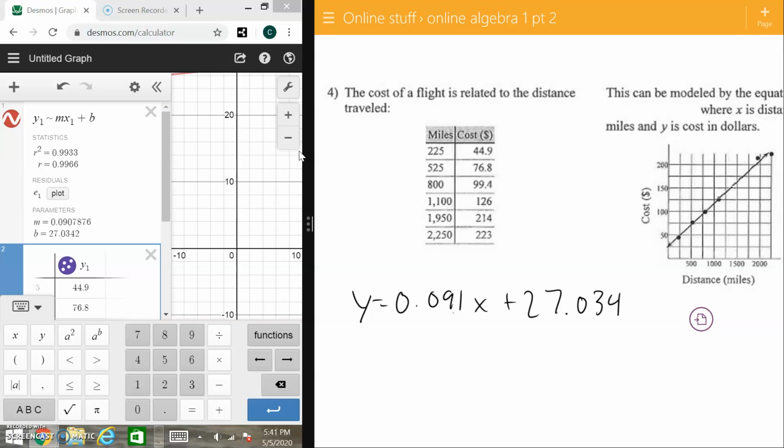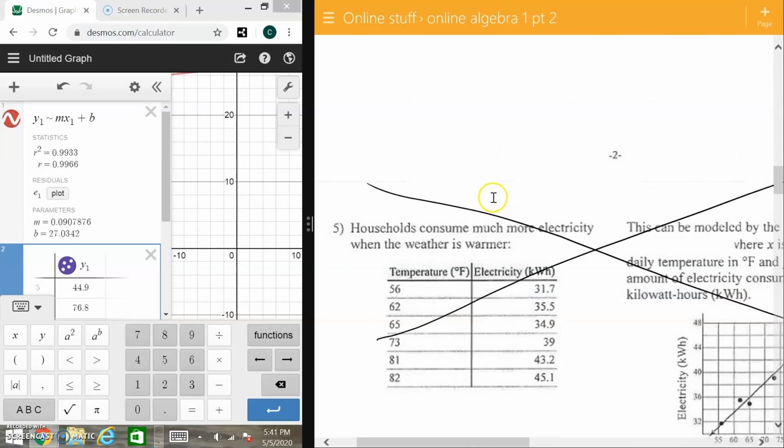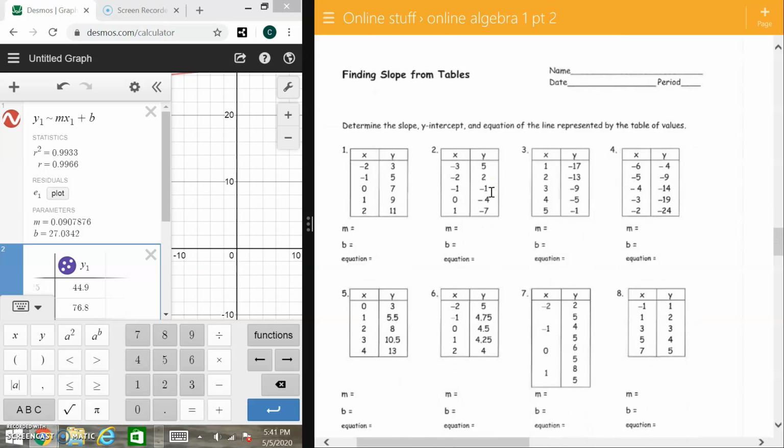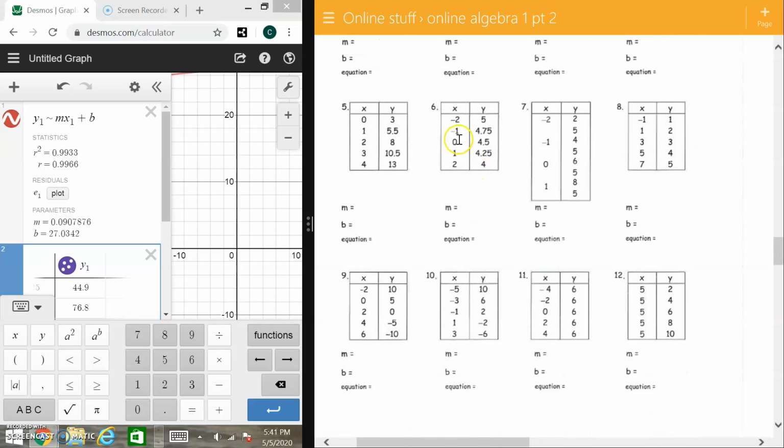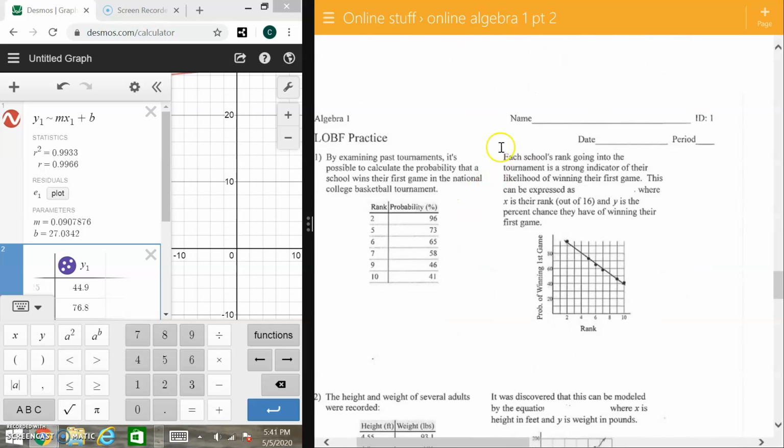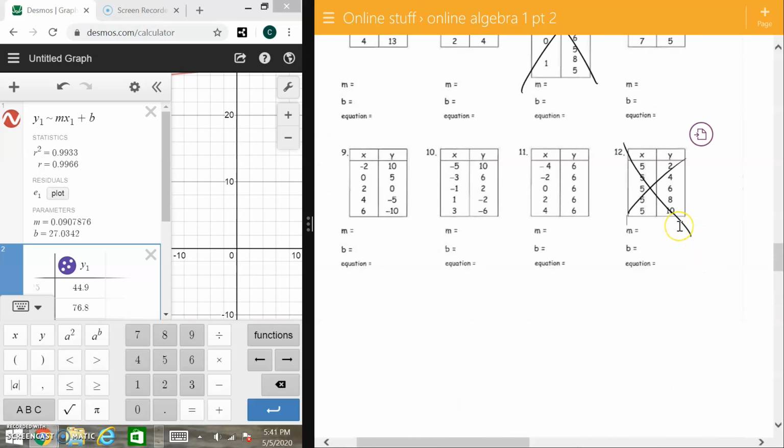Your assignment on Google Classroom will be to work out these ones, not the ones we did. You'll work out 10 of them. So I'll actually cross off the 2 I don't want you to do. I don't want you to do that one. And I don't want you to do those, 7 or 12. Also on the back are 2 examples like the one you saw in the video. So if you have questions, ask them. Don't worry about day 6 quite yet. I'll post a quick video about